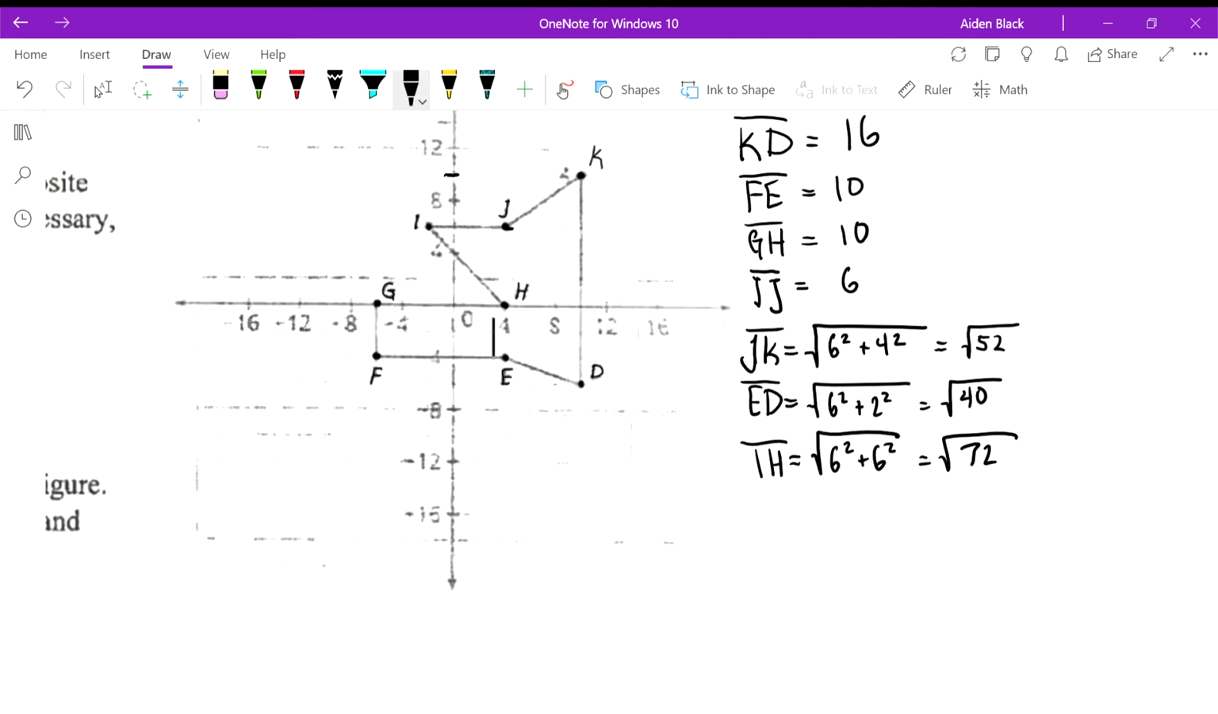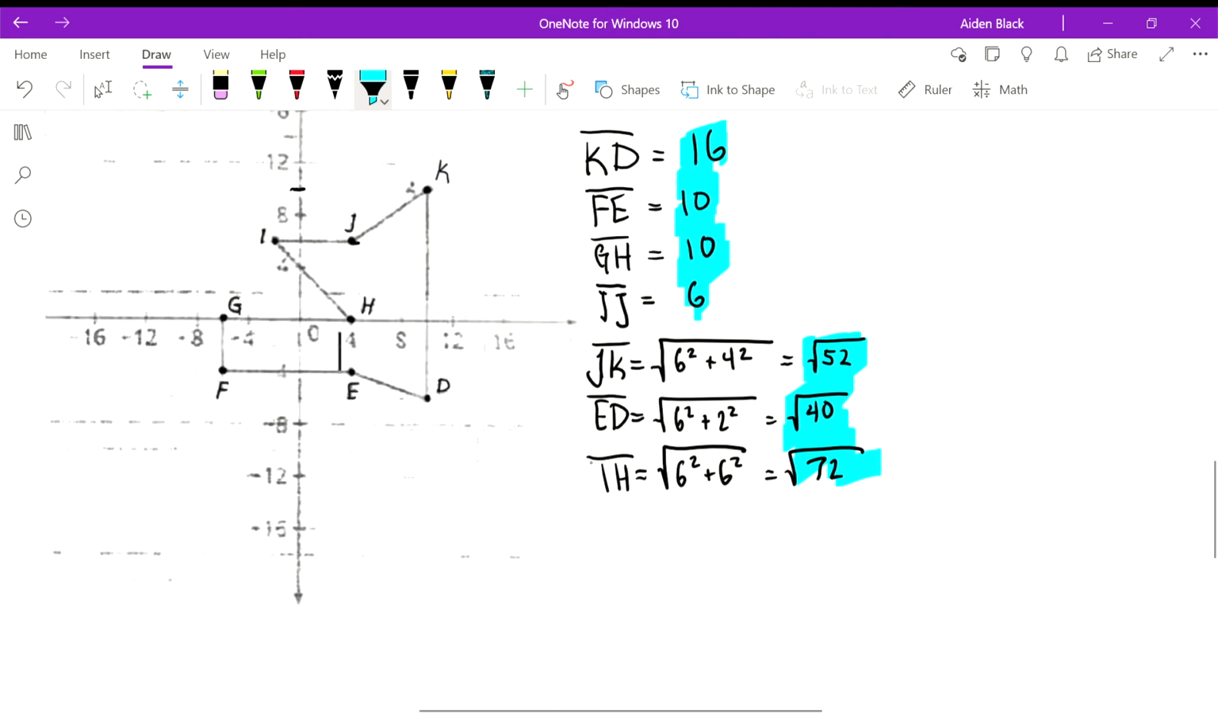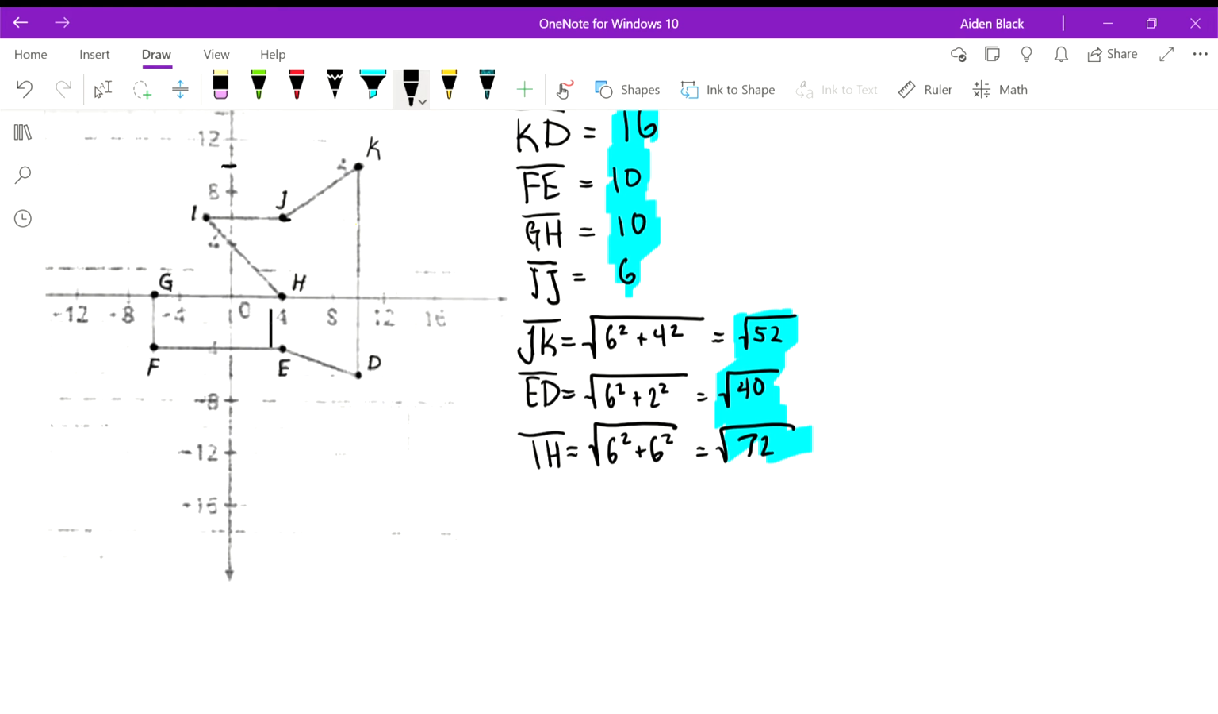So now we have every side length. And I'll highlight these. We just have to add them up. So this would be sufficient for me. But if it asks you for in feet, you kind of have to evaluate it with your calculator. But if you start with perimeter